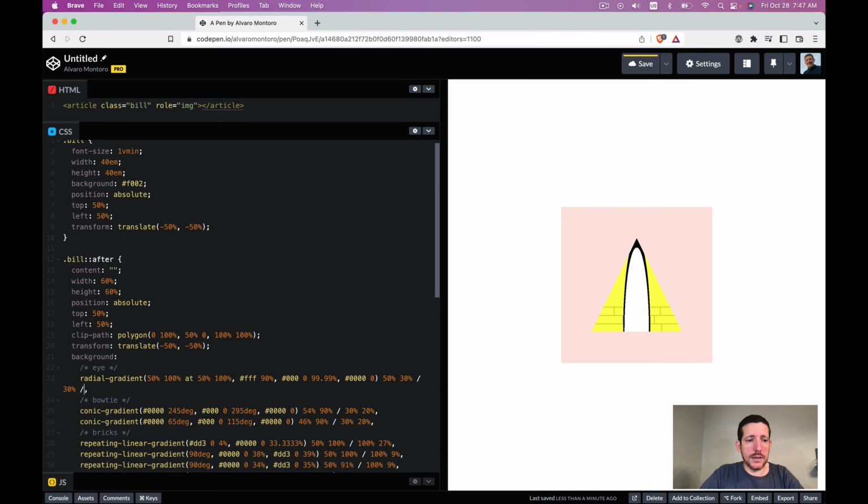15, so it's semicircular. Good, but we don't want it to be semicircular. We want it to be a little bit like an oval. So what we can do is bring it down. Yes, I kind of like that. The only thing is it's too high, so let's do 35. Maybe a little bit more, 40. Okay, and